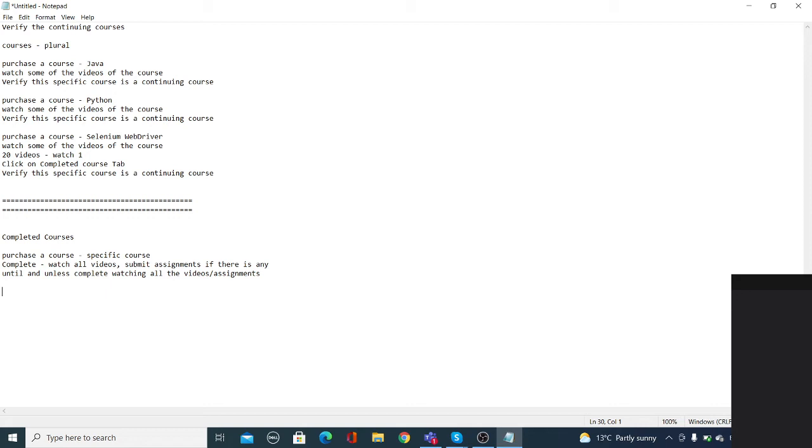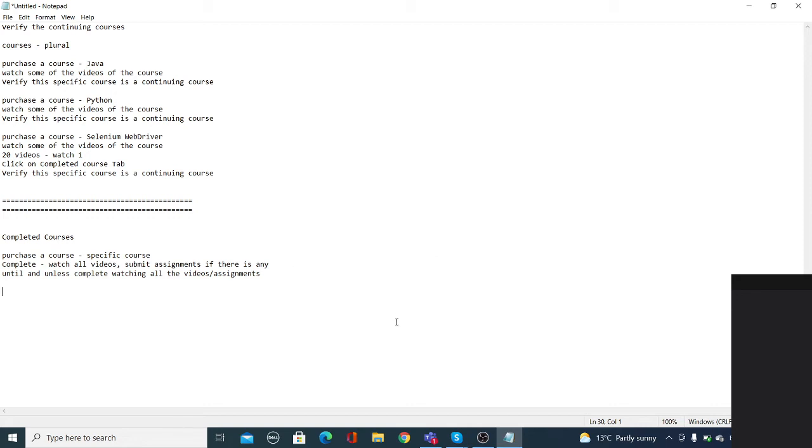Then the person will say, I will put a button there, a completed button, you click there and everything will be displayed. Or the developer says, I can put separate tabs, so you click on tabs and all the completed courses will be there, and all the continuing or pursuing courses will be there. But if you go to the screenshots, it is different.